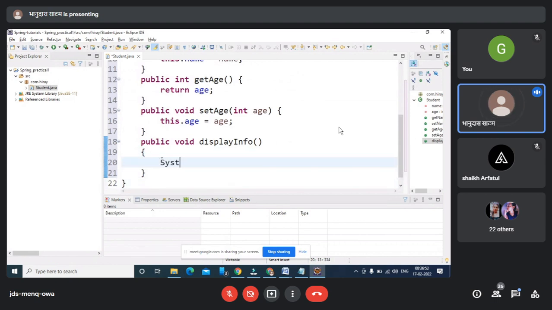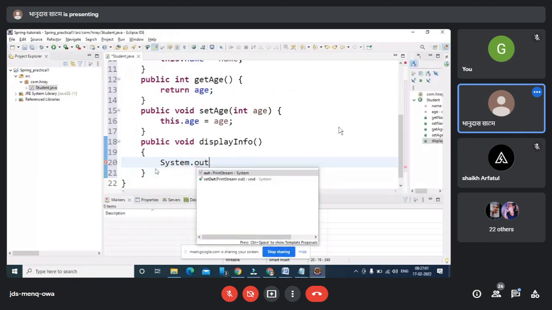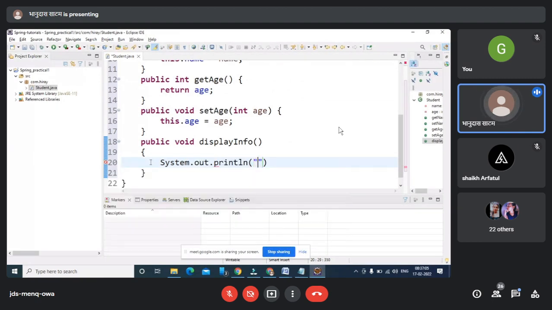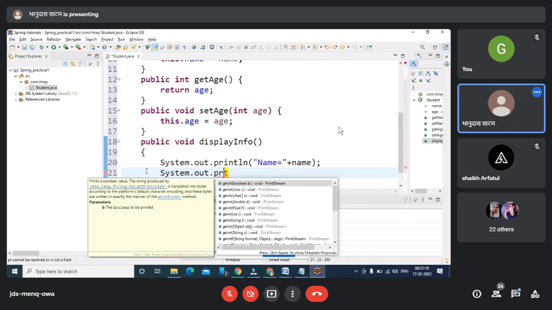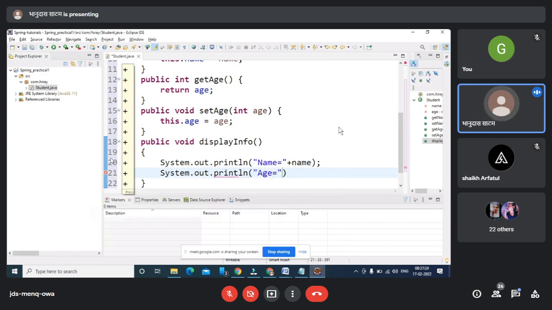So I'm choosing System.out.println here, and writing name equal to, and choosing the object's data member name here, and then I'm going to print with System.out.println here, age equal to plus age. So this is a simple printing function.